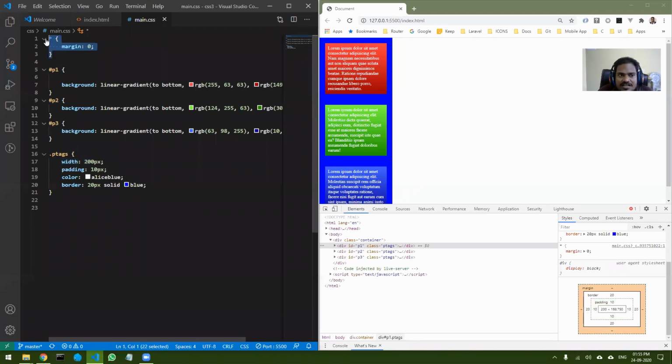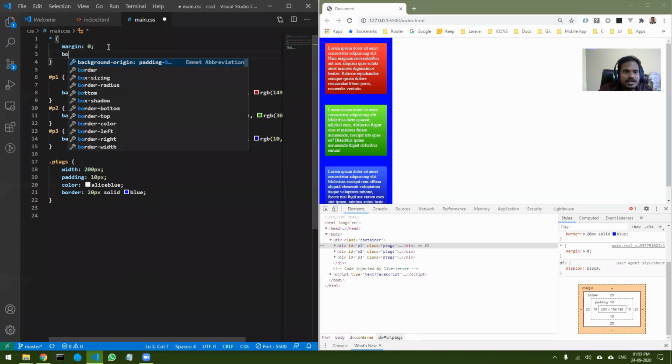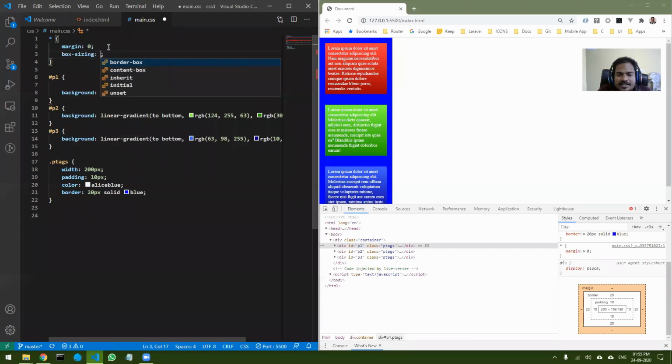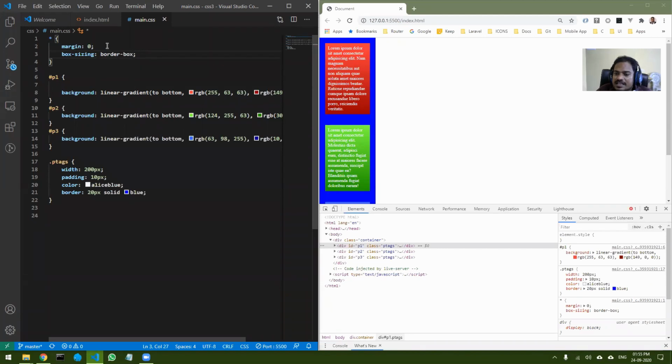The way we have set margin of everything as 0, there is one more thing that you can do. You can go for box sizing. By default, it is content box. That is what we are seeing right now. If you set it to border box and save it, you can see the difference.